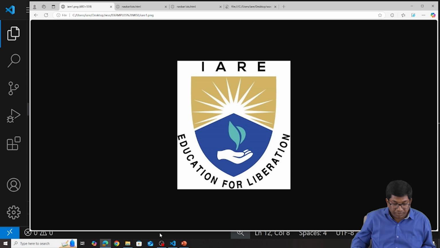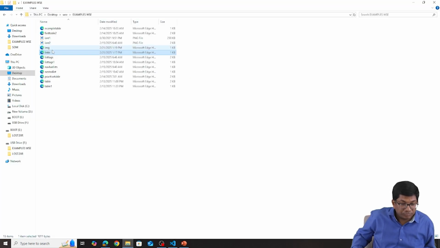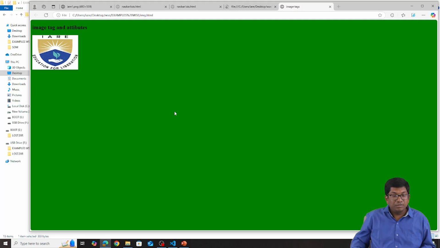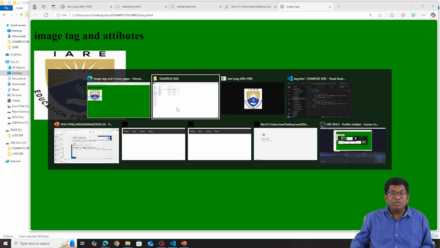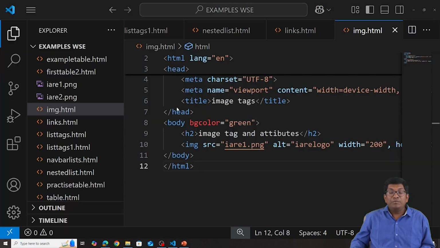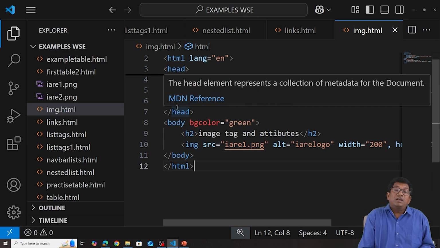and open this document. See here, the logo is displayed. Width and height we specify. Width is 200 and height is 150 pixels. So a simple example for adding the image logos for your web page, as well as we can add the background